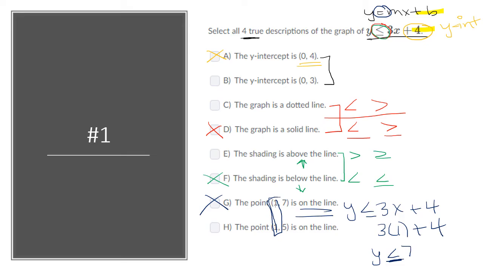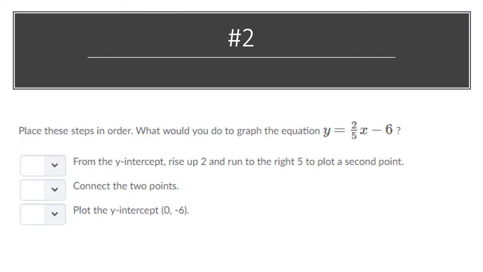All right, so number 2, place these steps in order. What would you do to graph the equation y equals 2 over 5 times x minus 6, or 2/5 x minus 6? Again,